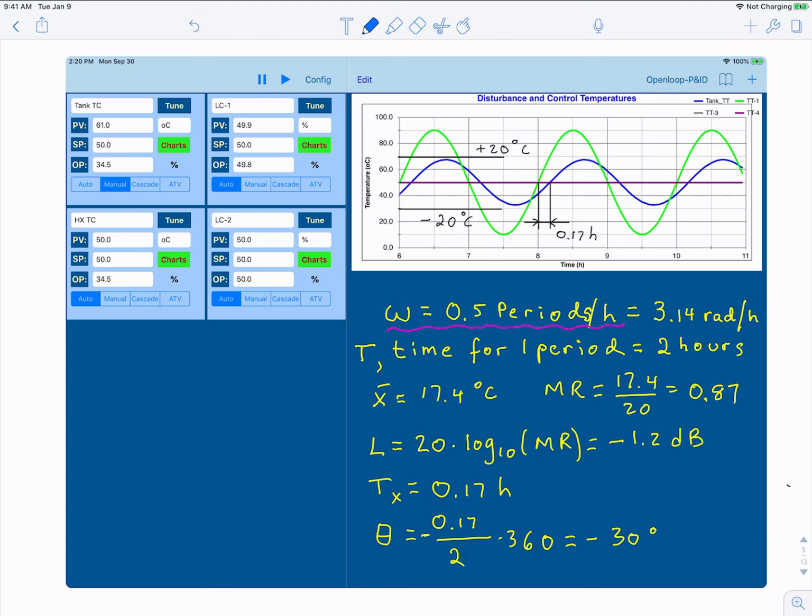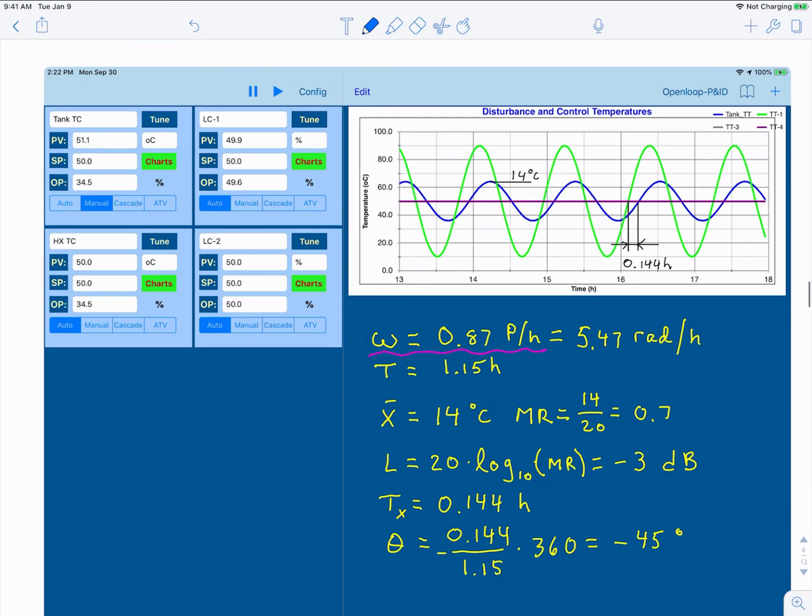The first case was at 0.5 periods per hour. It's of course impossible to determine x, the peak of the blue curve, and tx, the time difference between the curves, with any accuracy from these plots, but since it can be calculated exactly from knowing the time constant, I put the correct values in, and you can validate that these values must be right by inspecting the charts. The tank temperature peaks at 17.4 degrees centigrade, and therefore the magnitude ratio is 0.87, making the log modulus minus 1.2 decibel. The time shift between the curves turns out to be 0.17 hours, which translates to minus 30 degrees